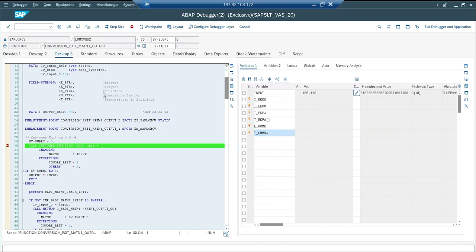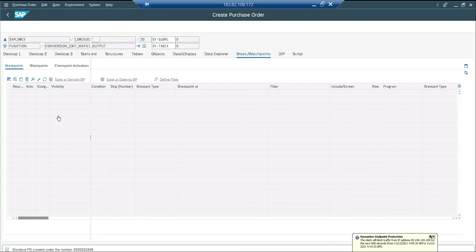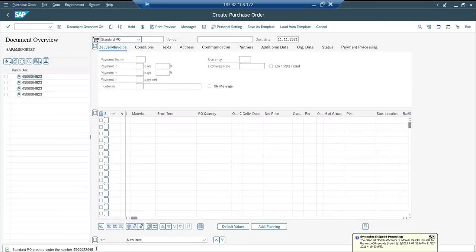Okay, let me deactivate or delete my breakpoint. Otherwise, it keeps on stopping. That's not required now. It's created. So 468 purchase order got created. So this is a way you have to do it. So let me show you. I'm going to